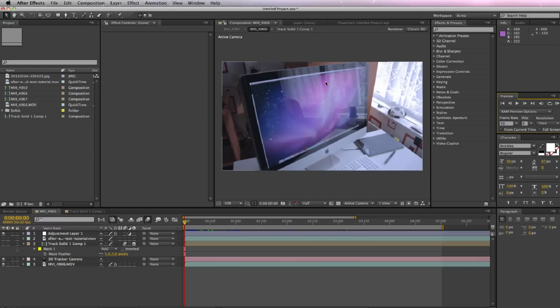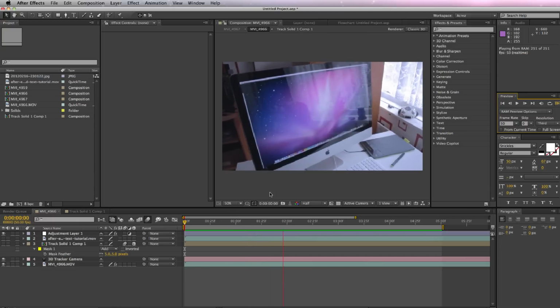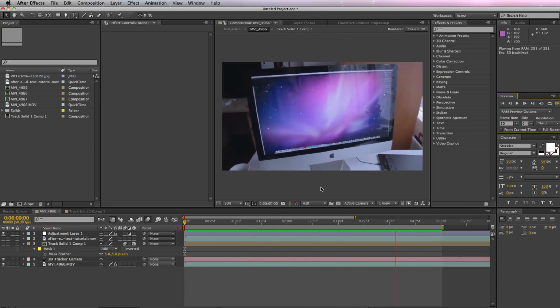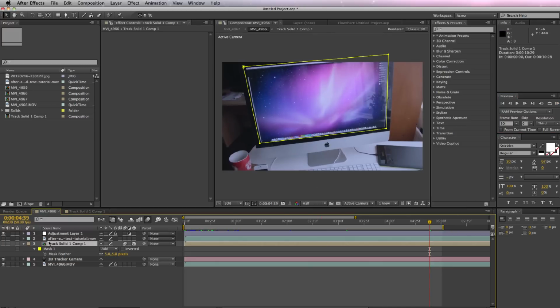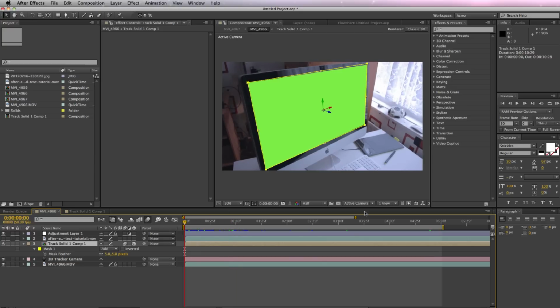In today's video we're going to be taking a look at the brand new 3D motion tracking tools in After Effects CS6. So let's take a look at what we're going to be learning today. Here I have an example clip, we're just going to have a quick look at it. So nothing's motion tracked on it at the moment, but if I just turn my motion tracking layer on, you can see we have this lovely motion tracked green screen,